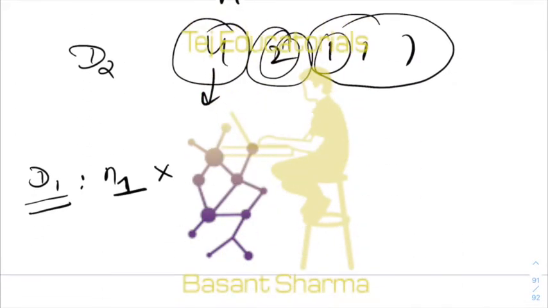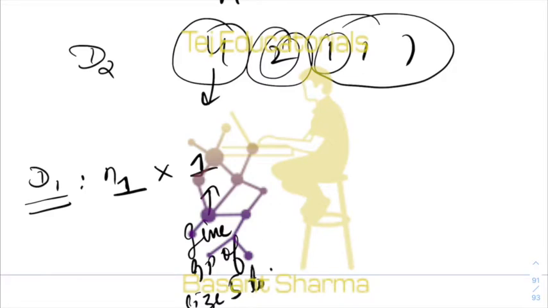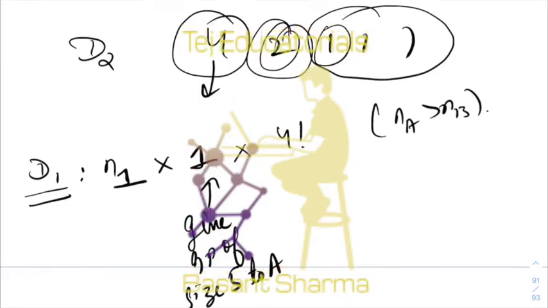So there is only one way of giving the group of size 5 to A. There is only one way of doing this. And the remaining 4 groups of size 1 each, that you can permute amongst B, C, D, E in 4 factorial ways. It doesn't matter which one gets which, because anyways this condition is satisfied. This is one thing.